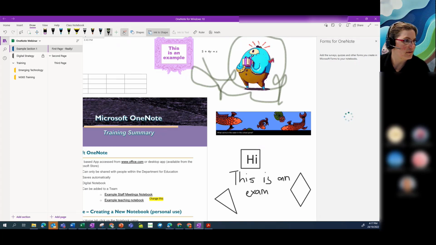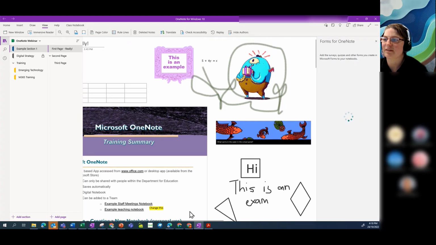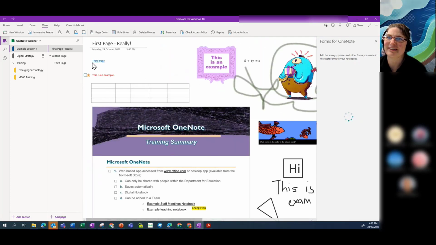Okay, so let's now have a look at the view menu. So we've got a few things in here. First one is immersive reader, which is for your accessibility things. So if I click on that,